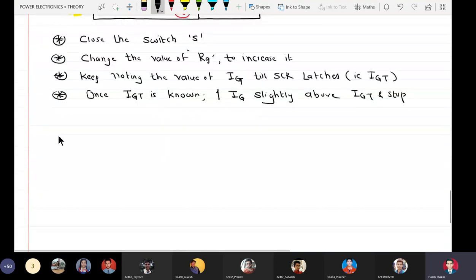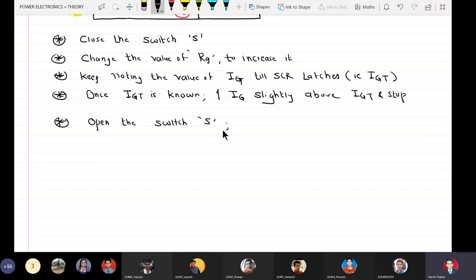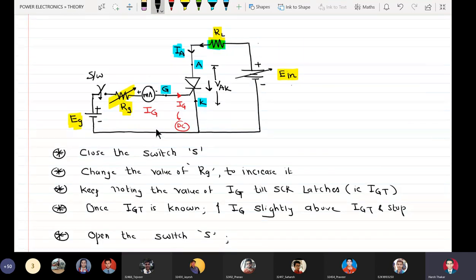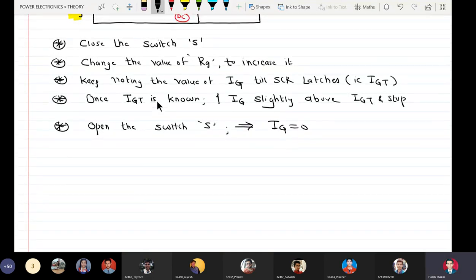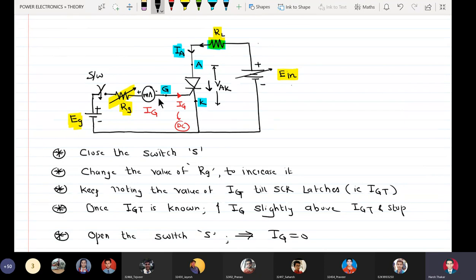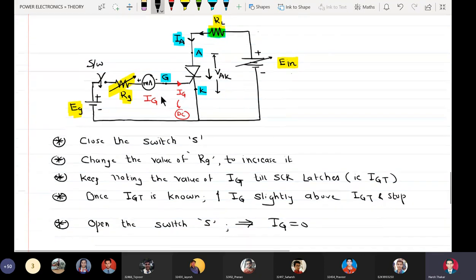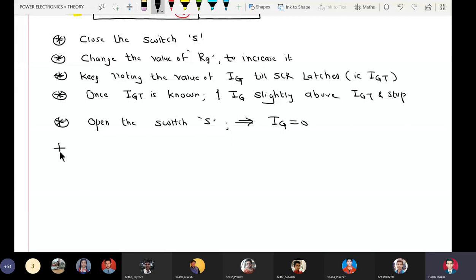Now what we will do is open the switch S. So I open the switch S. What will happen if I open the switch S? The gate current will become 0 because the circuit is open now. As soon as I open the switch S, the gate circuit becomes open and the gate current becomes 0. Now the next important thing is to commutate the SCR.